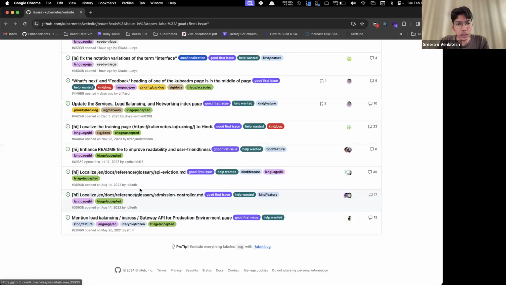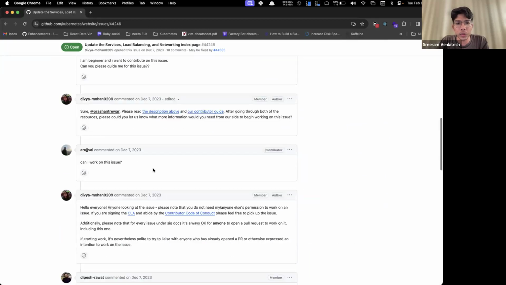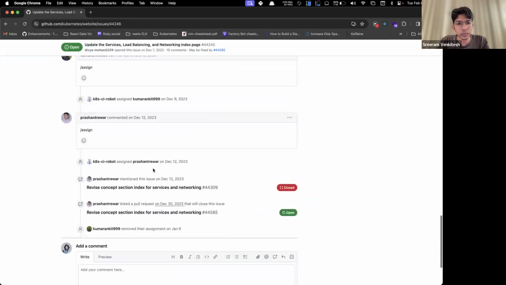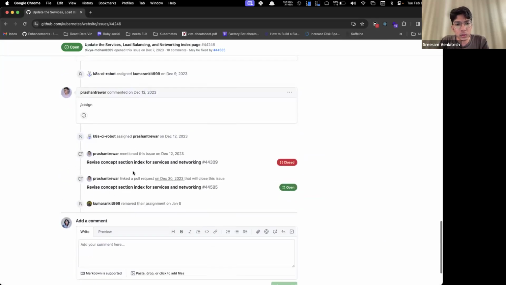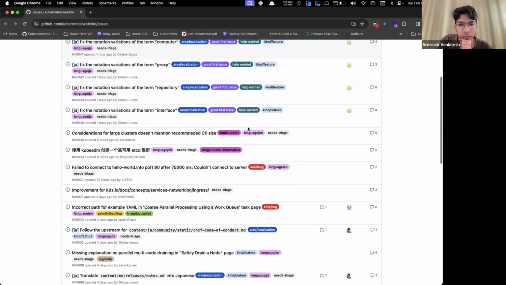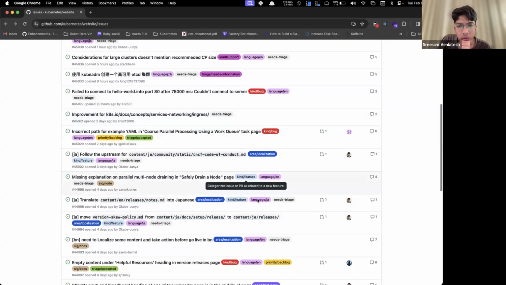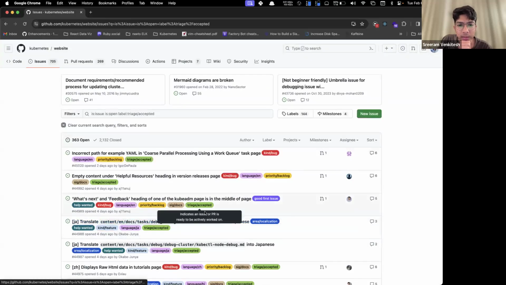So similarly, I think if we look at older issues, we might be able to see. In this particular case, I'm not sure. There seem to be two pull requests, but let me get rid of the good first issue and search with triage accepted.